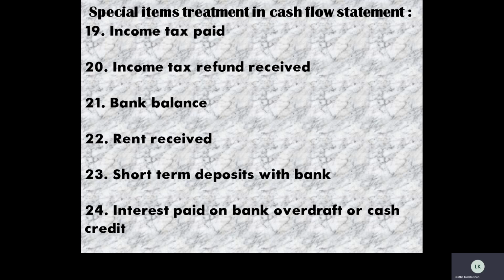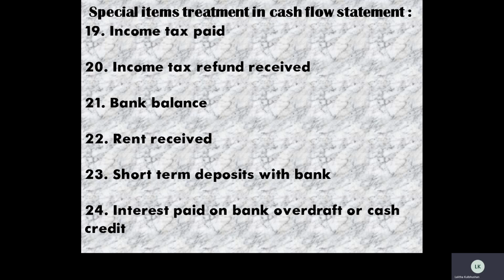So children, how will we deal with it? Refund means we had made a provision for making the payment of income tax, but the provision is more in comparison to the tax paid. So the refund which we have received definitely reduces the value of the income tax. Suppose we are having a provision for tax in the question, then from the provision for tax we need to deduct the refund received, and the remaining amount will be shown in the cash flow statement as a deduction. So remember, both income tax paid and income tax refund received are shown in the operating activities.